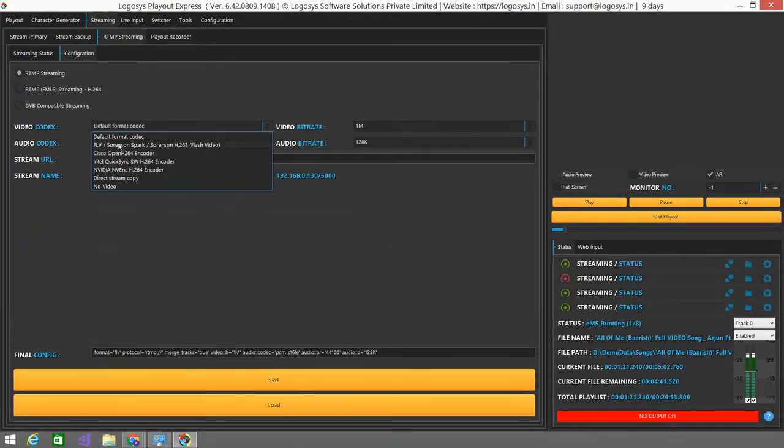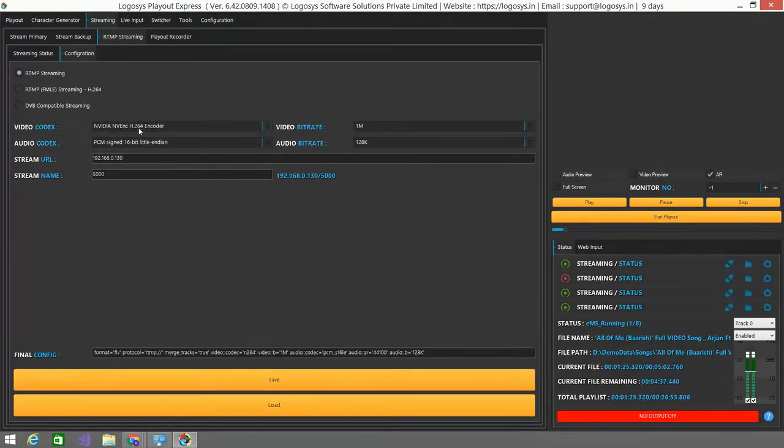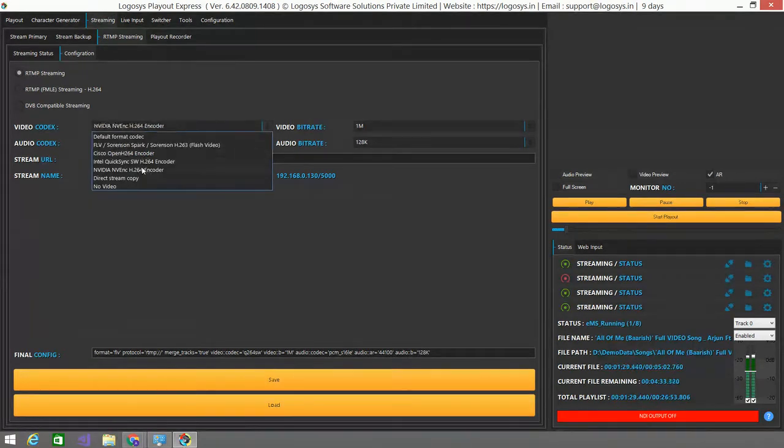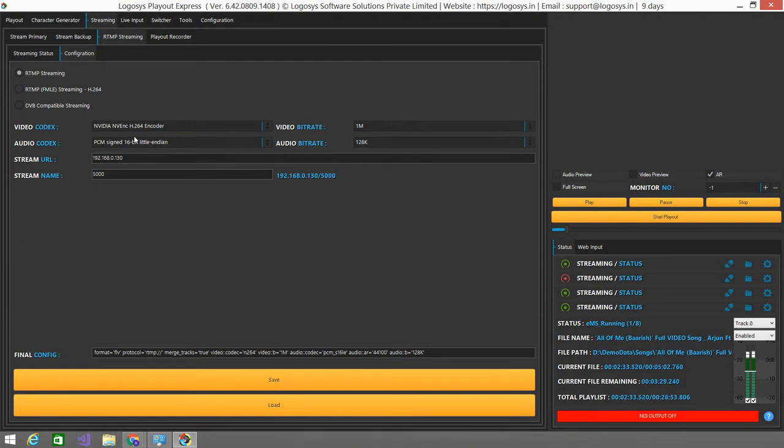Second, you need to select the bitrate. Bitrate is nothing but the quality and the speed of internet you have. So let's say if you want to stream at 4 Mbps, you can select 4 Mbps, and if you want to select 1 Mbps, you can select 1 Mbps. Bitrate will basically affect your quality. If you want to do a high quality live stream, then you need higher bandwidth, as well as you need to select a higher bitrate in this section.